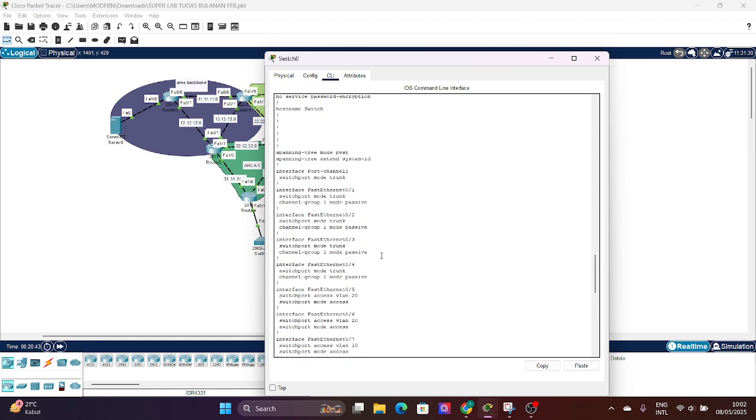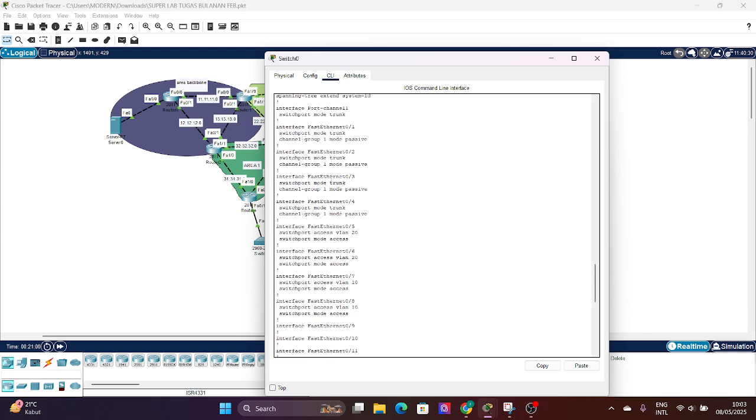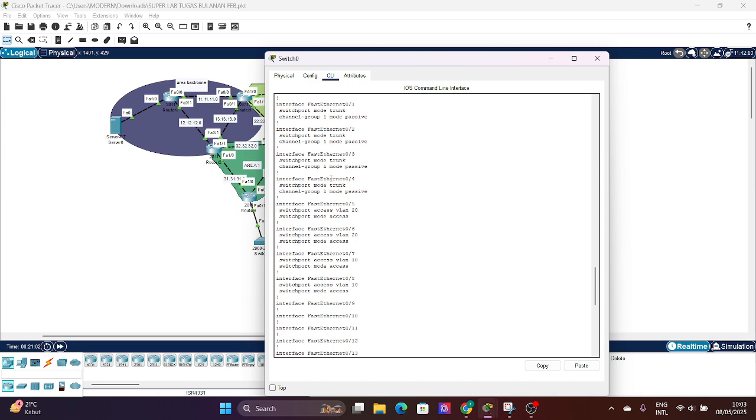Okay, in this configuration we must make the interface switchport mode trunk and make the channel group mode fast, and we must make the interface for the channel, and you must add, or how to say, memasukkan VLAN to the interface like switchport, and to give the access to the VLAN.